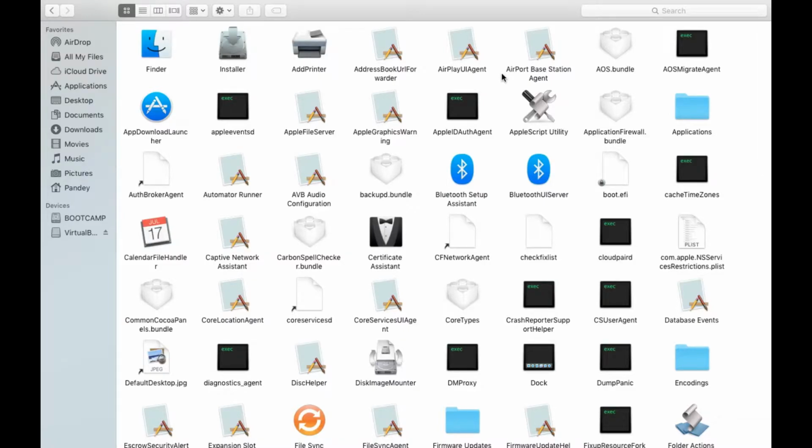Now it will open something like this, or a little bit different, maybe in folder view, or the view may be different, but what you need to do is find a file called installer, just like this one. The icon will be the same, so you need to find this file installer. Now you need to double click on it.